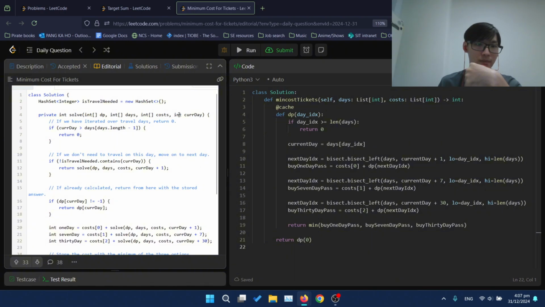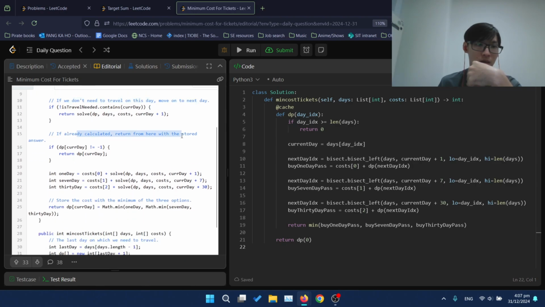What's this? The current day is the first day, okay. Move on to the next day. If already calculated, okay. Solve current day plus 1, current day plus 7, current day plus 30. Return DP. Yeah, is this correct syntax? Damn, okay. I didn't know you can do that in Java.